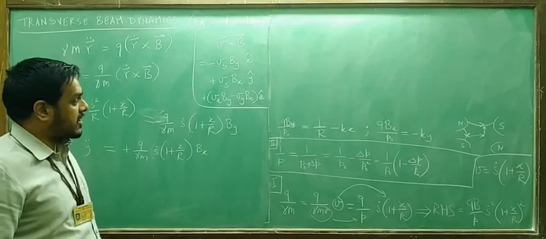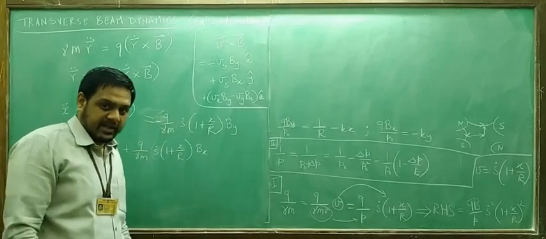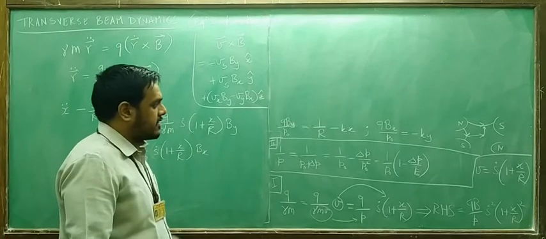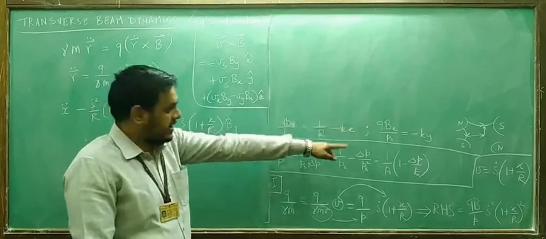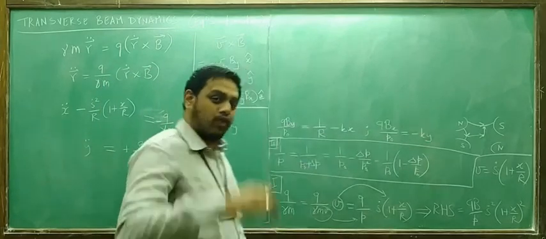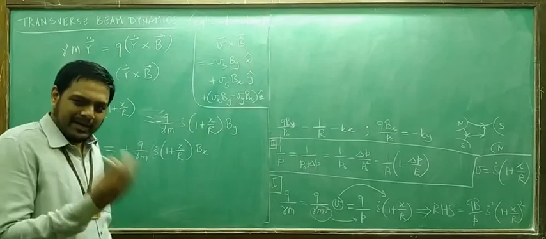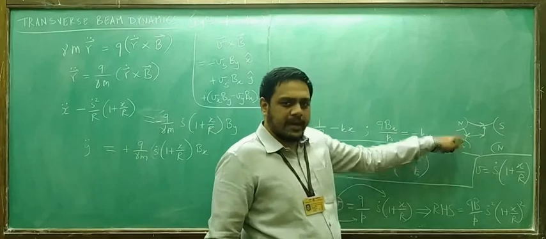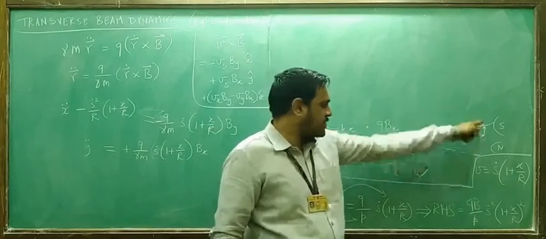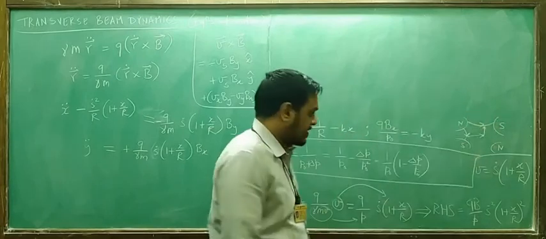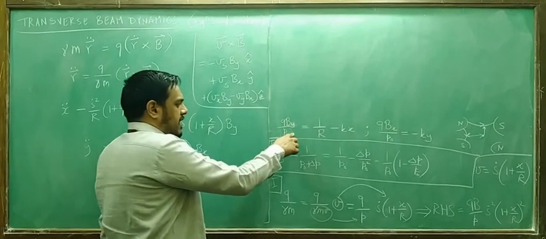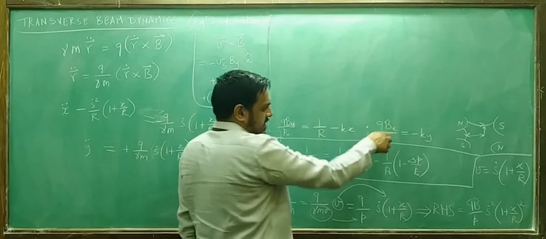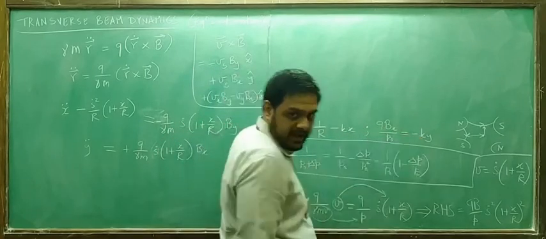If you refer the same derivation in Edwards and Cypher's book, he actually gives a more mathematical explanation by saying that this will contain both x and y term, that will also contain both x and y term, but their coefficients will be very small. Ultimately, it comes to the same thing. What you are saying is basically, when I have x displacement, my magnetic field is in the y direction. When I have y displacement, my magnetic field is in the x direction. That is why qby by p naught is related to the quadrupole term in x, and qbx by p naught is related to the quadrupole term in y.